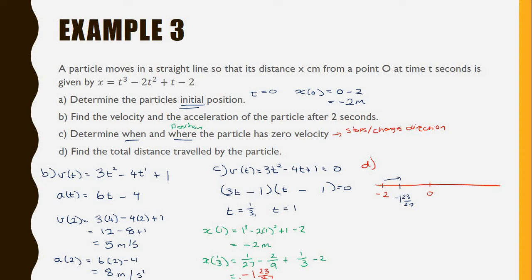The distance it's travelled, the distance between these 2 points here, is only going to be 4 over 27, okay? To get up to a total of 27 over 27, we've got a distance of 4 over 27. After 1 second, it's back at -2, so it then goes back this same distance to get back to -2. So we've travelled another distance of 4 over 27. So the total distance travelled by this particle